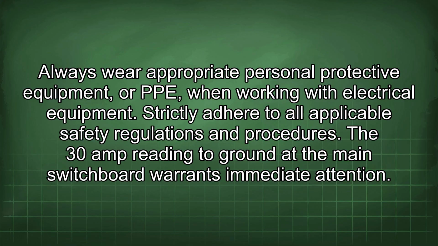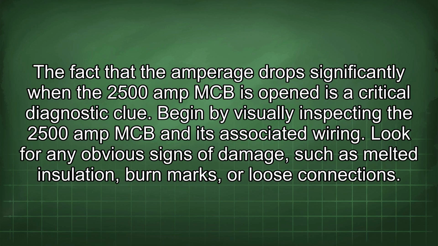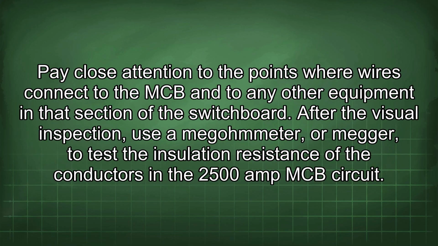The 30 amp reading to ground at the main switchboard warrants immediate attention. The fact that the amperage drops significantly when the 2500 amp MCB is opened is a critical diagnostic clue. Begin by visually inspecting the 2500 amp MCB and its associated wiring. Look for any obvious signs of damage such as melted insulation, burn marks, or loose connections. Pay close attention to the points where wires connect to the MCB and to any other equipment in that section